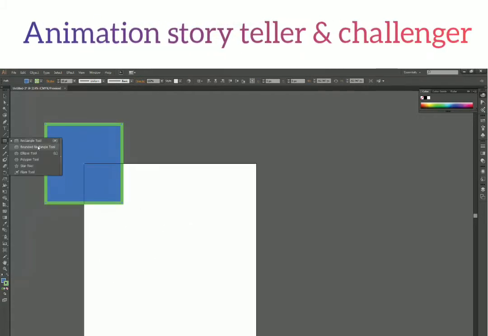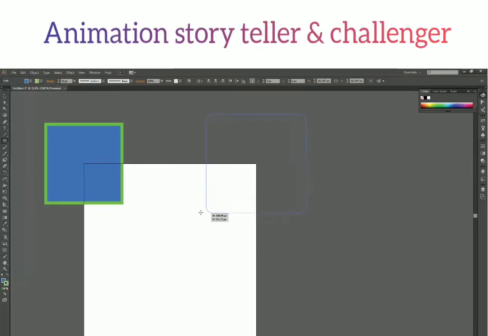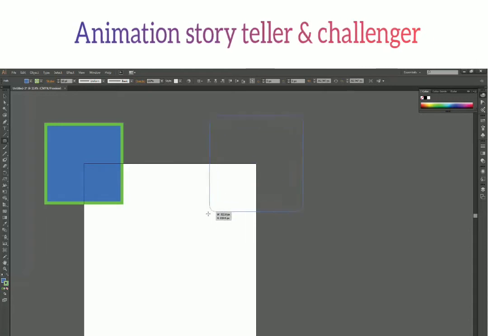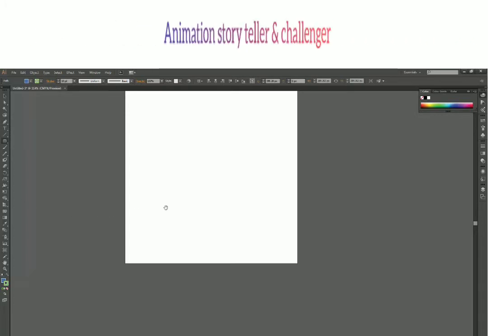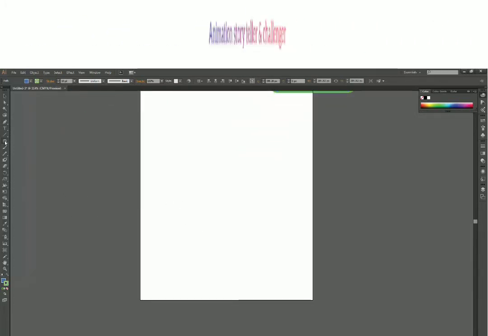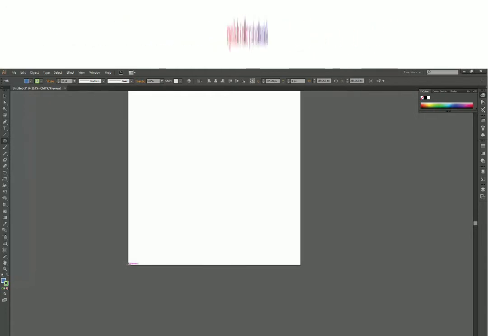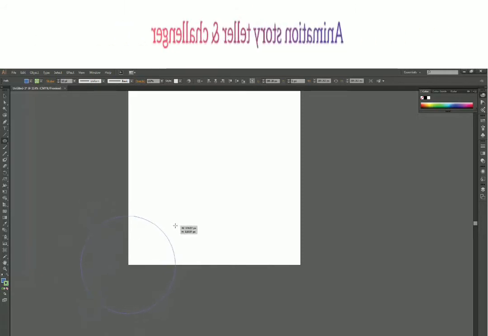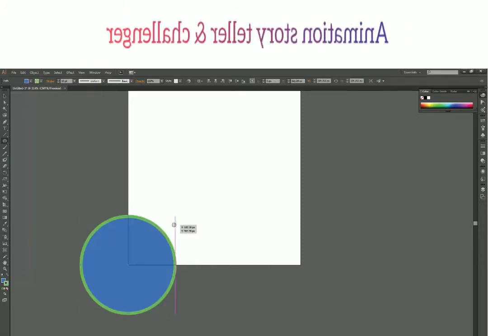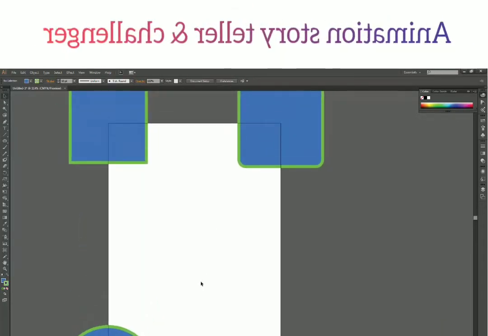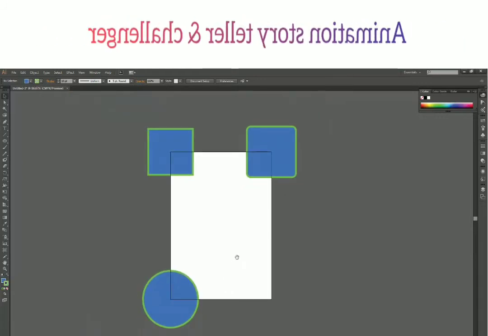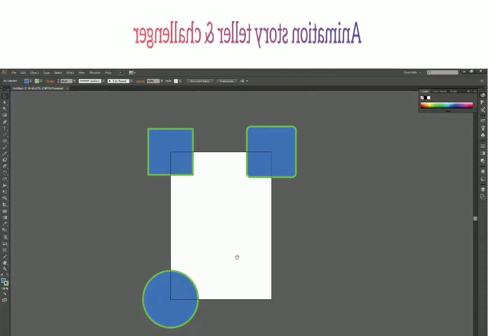Now the same applies for the rounded rectangle also. Let's draw it from here, and I'm holding the Alt key to change the reference point and again holding the shift key to make it a perfect square, and there I release everything. Now mouse click, Alt key and shift key, and this time let's try with the ellipse tool. As expected, it should work just fine. Now release the mouse click and then release both keys, shift and Alt. So there we have one more option covered, how we can have better control over our shapes when drawing.